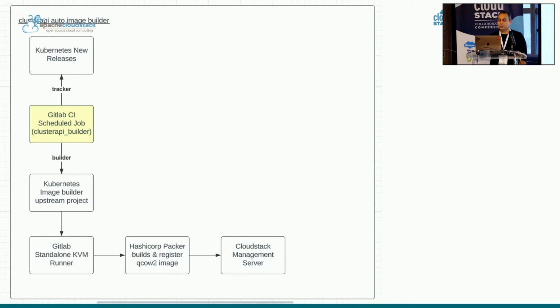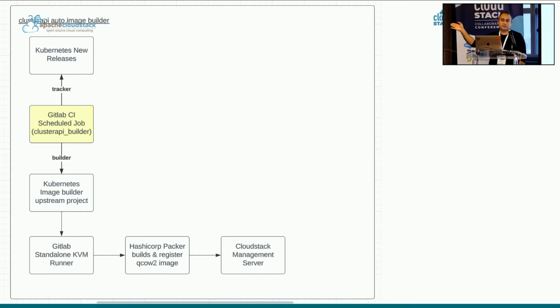So we are using the Image Builder project, but the thing is, we like to be flexible. The Image Builder project only builds images for 3 or 4 Kubernetes versions. So we wrote a wrapper over it. Every night there is a scheduled GitLab CI job. It just checks GitHub's Kubernetes releases API. I mean, it just takes the Kubernetes release versions. For example, every night it runs, it says, hey, today 1.28 was released, and it communicates with the